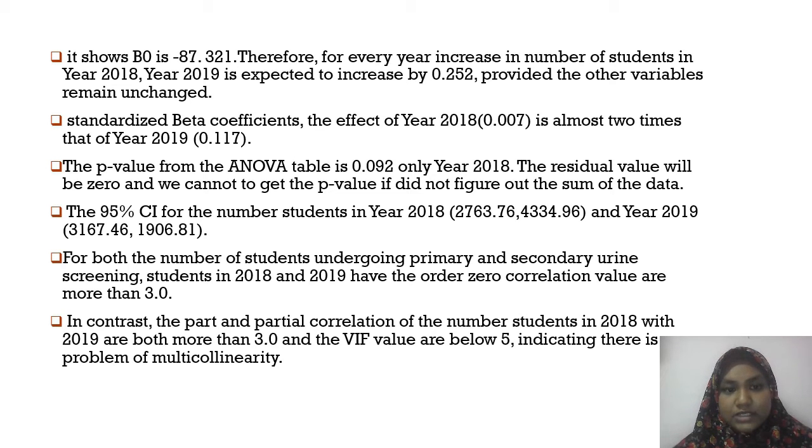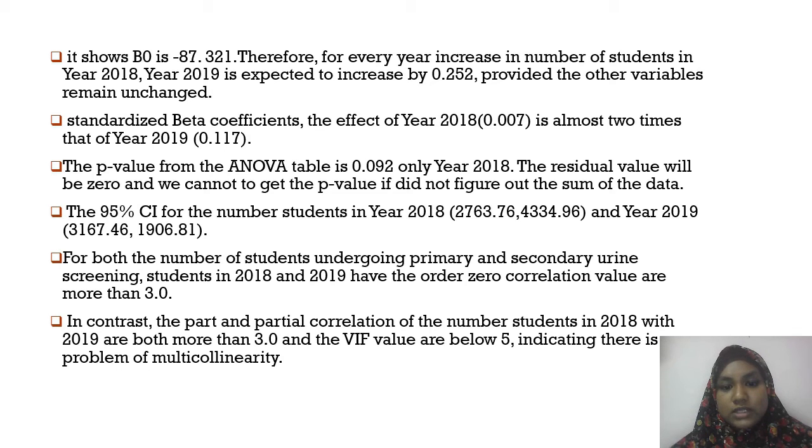The 95% CI for the number of students in 2018 is 273.76 and 4334.96, and for 2019 it is 3167.46 and 1906.81, for both the number of students undergoing primary